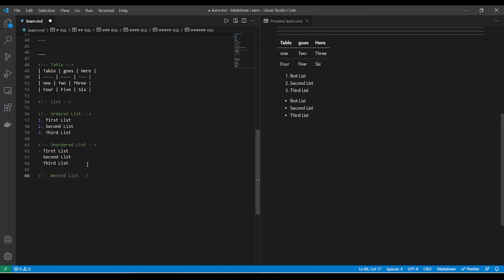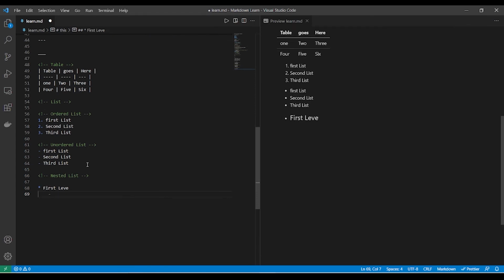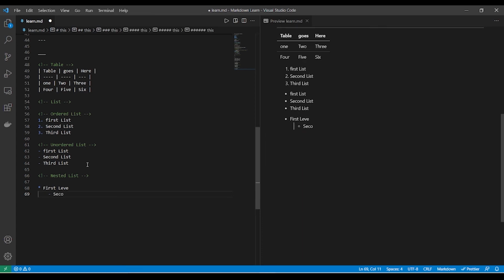For that we usually, for example, first of all use the star and type the first level, and then tab, and then we use the dash and type second level, and then we again give a tab, and then we use the plus symbol and then give the